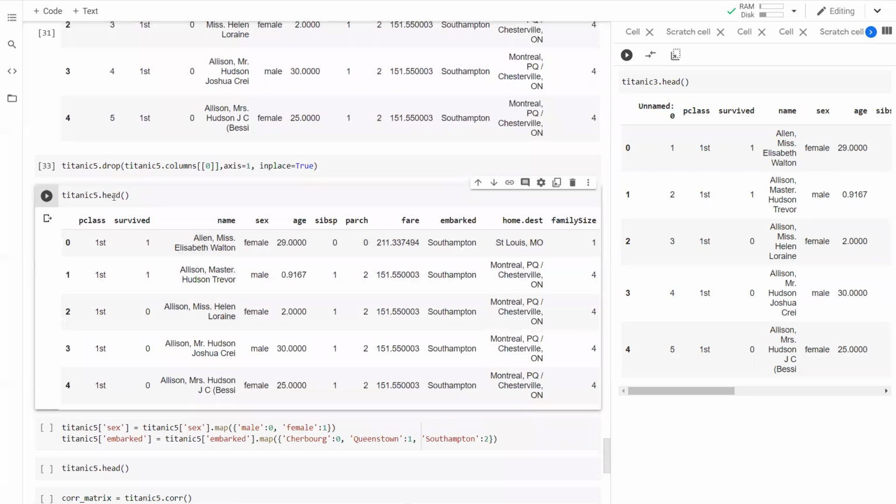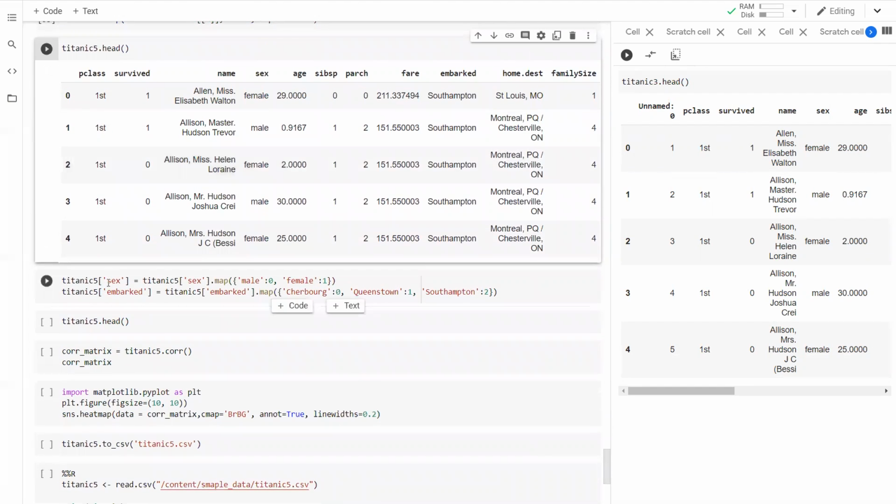We have titanic5, but we've dropped a few variables, plus the unnamed variable. You can see that the unnamed variable has now gone, right? So titanic5 has been replaced, and it has removed the first column here. That's great. And we also need to convert the sex from female, male to a number, male as 0, female